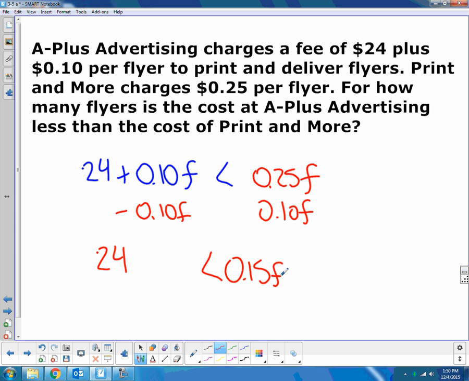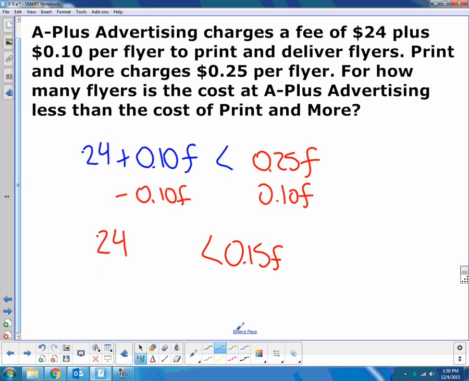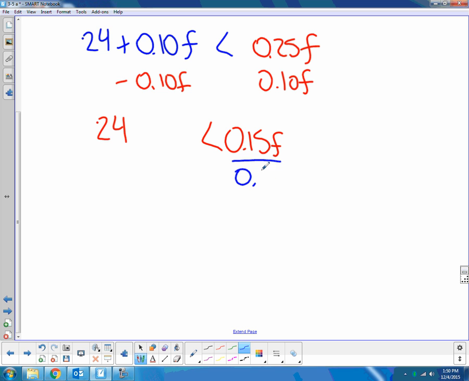Now I'm going to get my F's all by themselves. This is fun. And I'm going to divide by 0.15. And if I use my handy-dandy calculator to do 24 divided by 0.15, again, you can always do the arithmetic without a calculator, but at this point, we're applying what we know to a real-world situation. And in the real world, you'll have a calculator, most likely, accessible. So if I have more than 160 flyers,